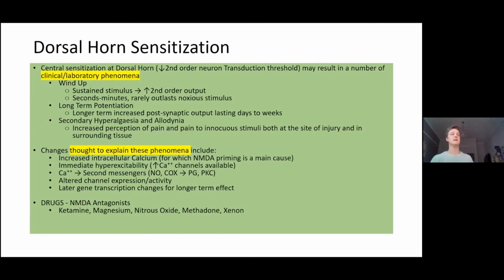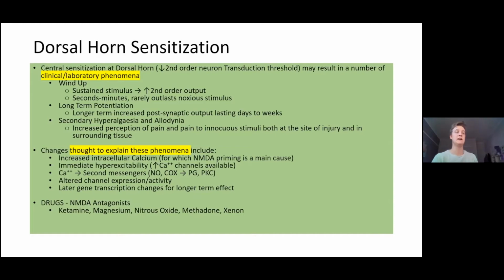I then say, the underlying physiology that we think explains these phenomena include things like increased intracellular calcium, and this is where the NMDA receptor is the most well understood cause, so much so that they've asked entire SAQs on the topic. There's immediate hyperexcitability, and that probably relates to the wind-up side of things, where the NMDA receptor is a ligand-gated calcium channel. There's more channels available for calcium influx, and therefore there can be a greater excitation of